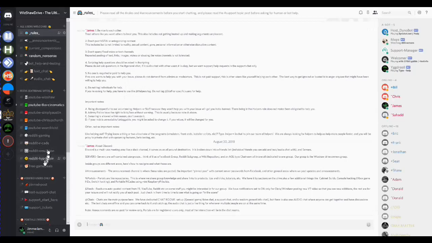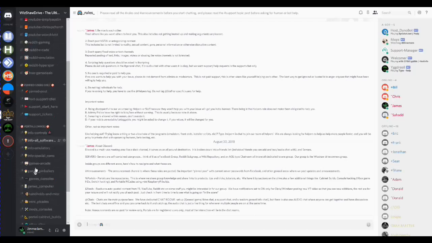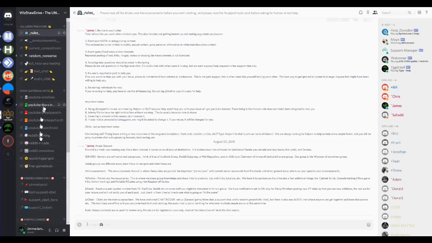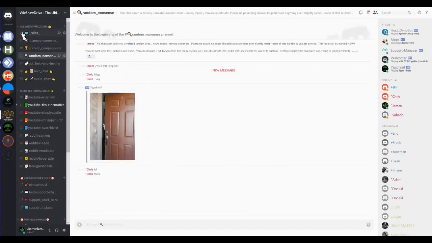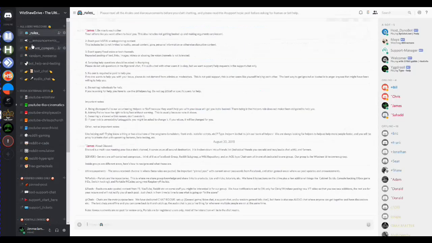It's a little bit overwhelming, but if you've never done Discord before, I'm going to go over everything all at once. So this is Discord, and this is our server, the Wishaw drive. When you first get in there, there are 4 sections: the all users welcome, a feeds section, a verified user section, and a portal section. Tons and tons of stuff here, but as you'll see, I'm going to go through everything and then show you how it works, and you're going to see that most of it's just going to be in a couple of things, and then you go to other places for more content.